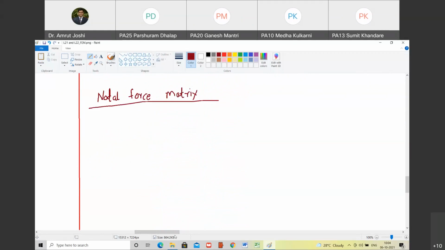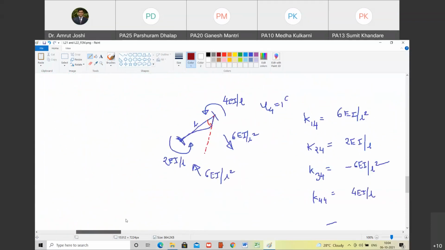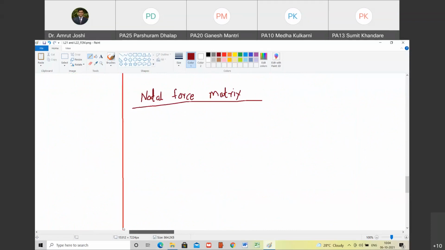What is this nodal force matrix? तो अभी बचा क्या है? We considered restrained force. In restrained structure we consider all member loads, but we did not consider joint loads. Do you agree with me? Yes, sir. So therefore we have to now look at nodal force matrix. मतलब we have to consider joint nodes corresponding to each degree of freedom. Happy?